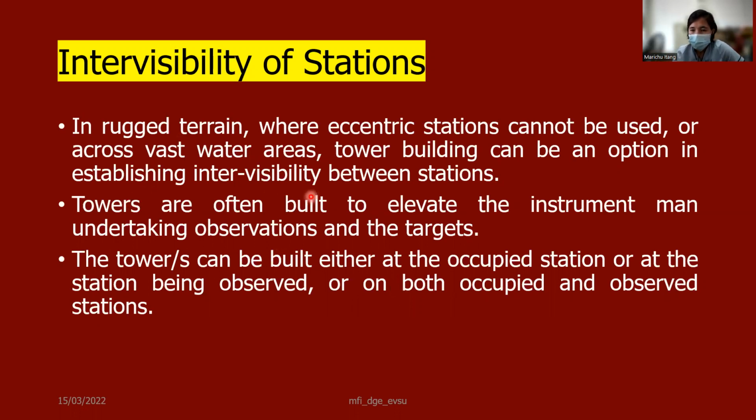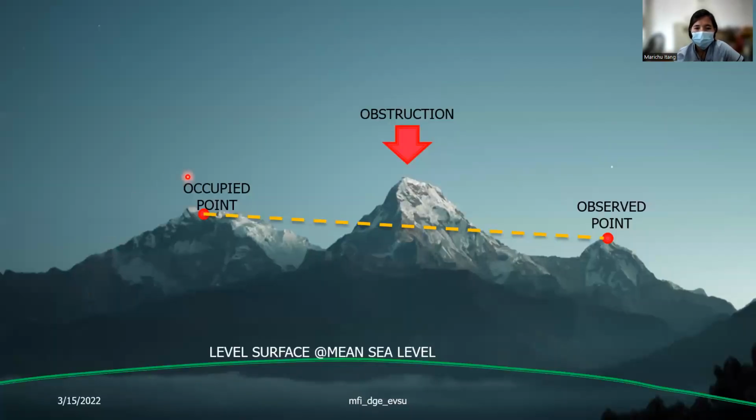So towers are often built to elevate the instrument or the instrument man undertaking the observation and the target. Similar to the illustration earlier, the towers can be built either at the occupied station or at the station being observed. So it could be where the instrument is, and then where our target is. So similar to this illustration,